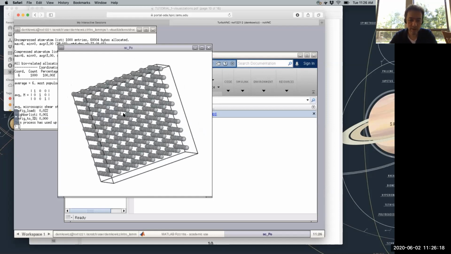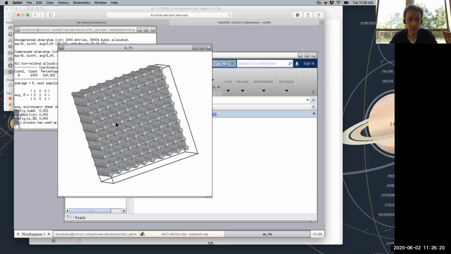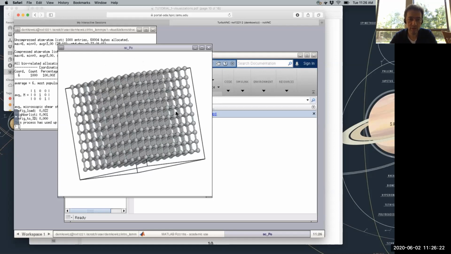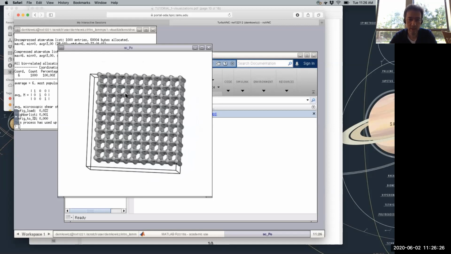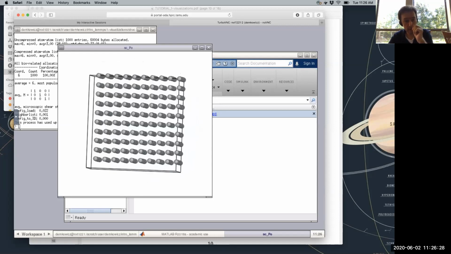Atomi lets you do things like add bonds. So if I press B, it'll put bonds in, and I can see this crystal with bonds in it. So all kinds of nice, neat stuff like that. So anyway, this crystal is a simple cubic crystal structure. It's a cubic crystal, and it's a simple cubic crystal. You guys have probably already heard before about some different cubic crystal structures. For example, you've heard about face-centered cubic crystals. You've heard about